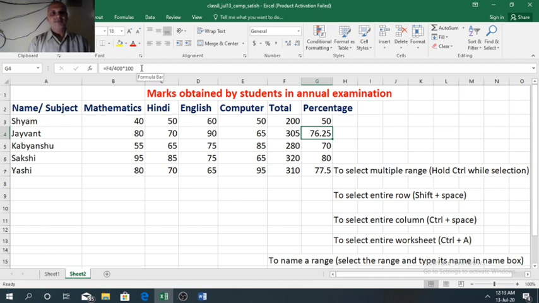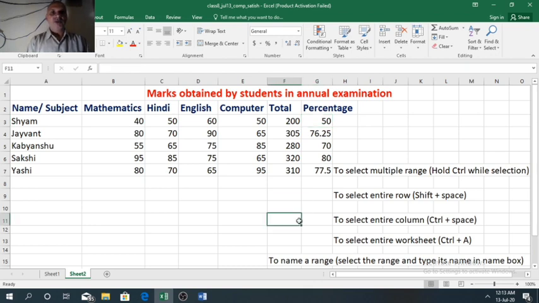In the next cell, 3 is replaced by 4 because the row number is changed, but the column name will remain same, that is F. In the same way, next one F5, then F6, then F7, all the row numbers are different in the different formulas.